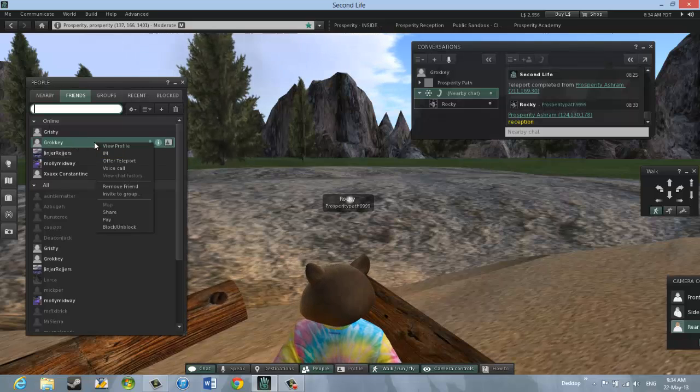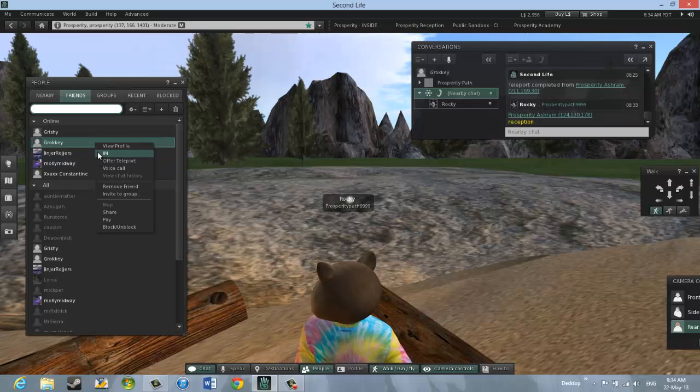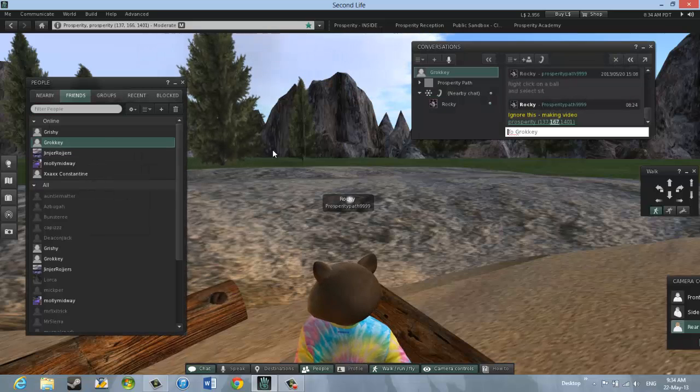I'll just open up the chat box for an instant message with Grocky, right click on his name and click IM. Now if he had requested a slurl from me, a landmark,